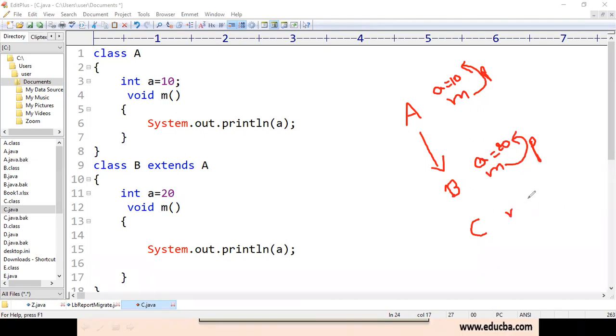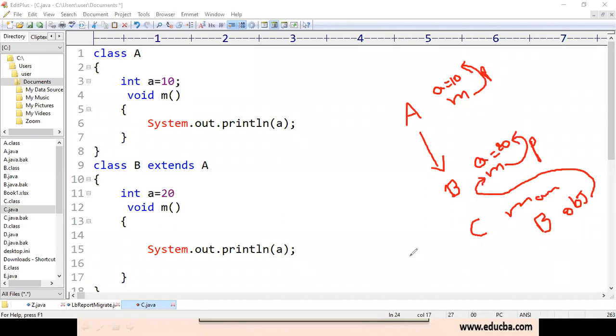Class C has the main method in Java, and in this main method I have created an object for class B, named obj. With this obj I am going to call the method m.